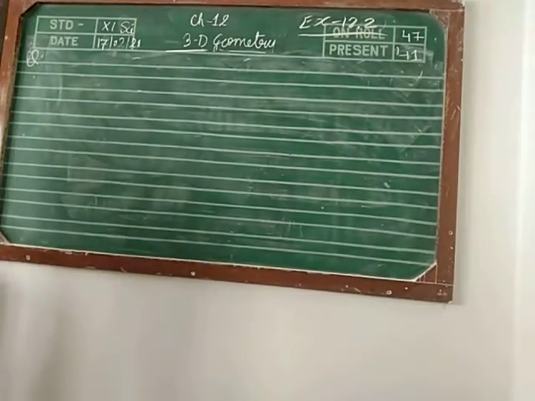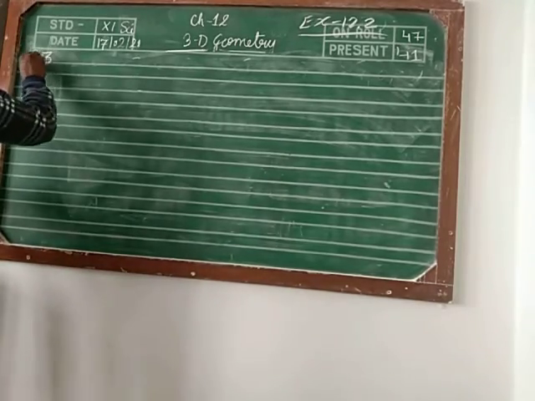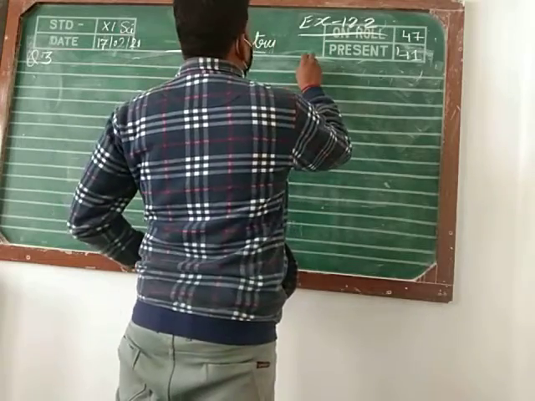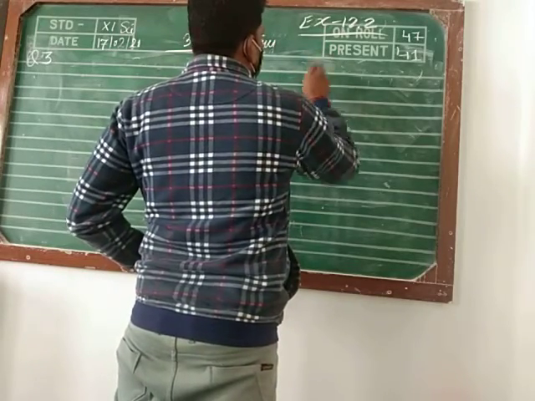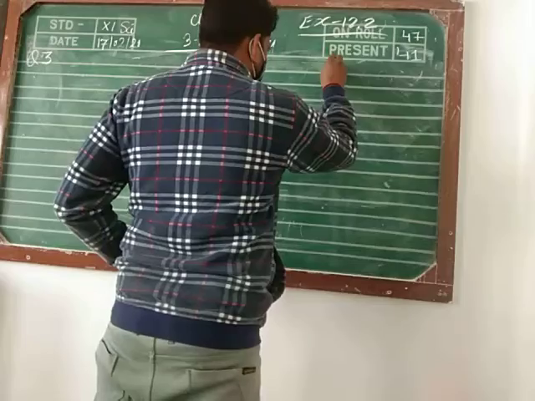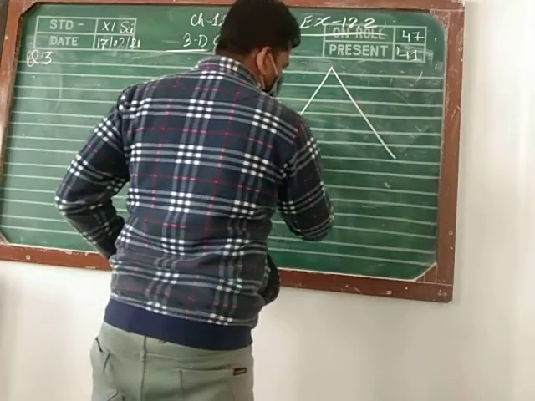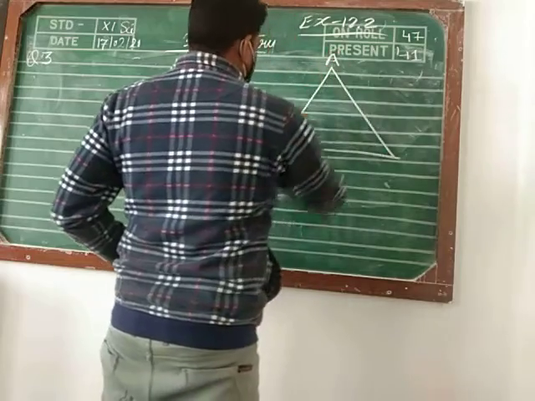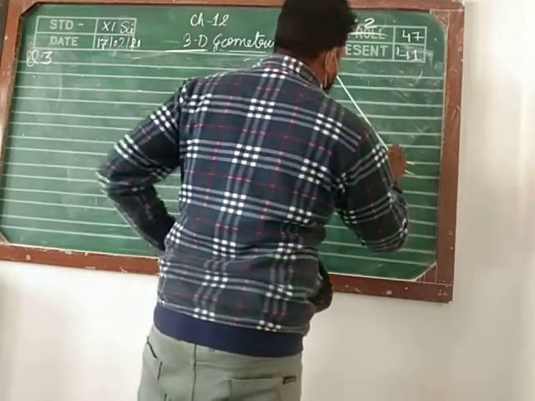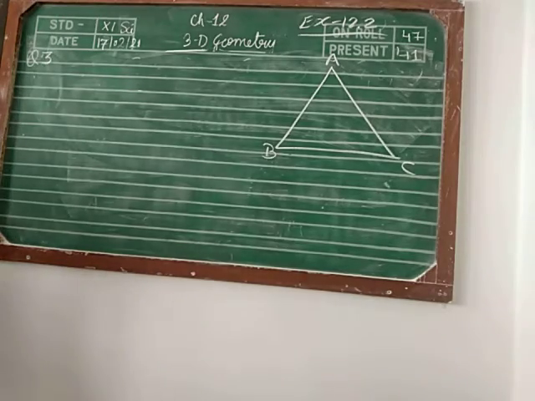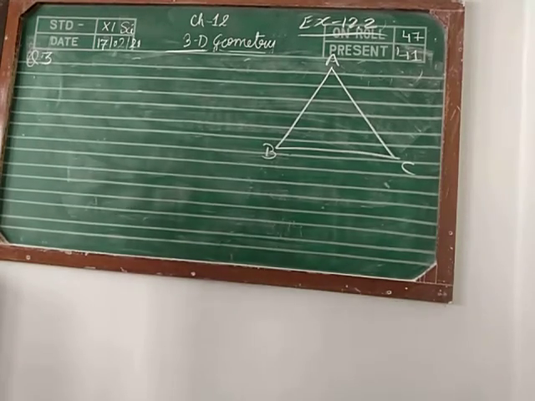The last question. Read the statement of question number 3. Verify the following. The points (0, 7, -10), (1, 6, -6) and (4, 9, -6) are the vertices of an isosceles triangle. Write it down. Three vertices are given to you, and we have to check whether the given three vertices are vertices of an isosceles triangle or not.